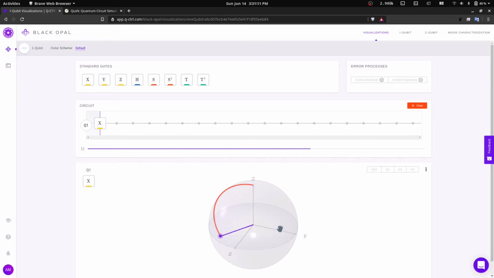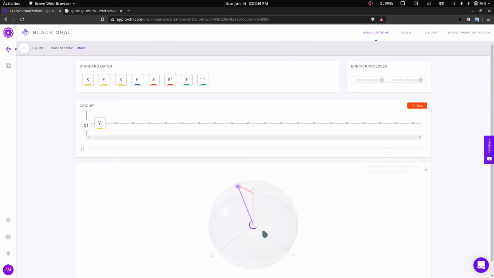Okay, so what you see here is that the given qubit rotated, or you can say shifted, by an angle of 180 degrees along the x-axis. It was along this x-axis. It is shifted along this x-axis. We can do the same for, let us say, y. Please note a difference: both x and y will basically change the state from 0 to 1, but it's about the axis on which it rotates or shifts by an angle of 180 degrees.